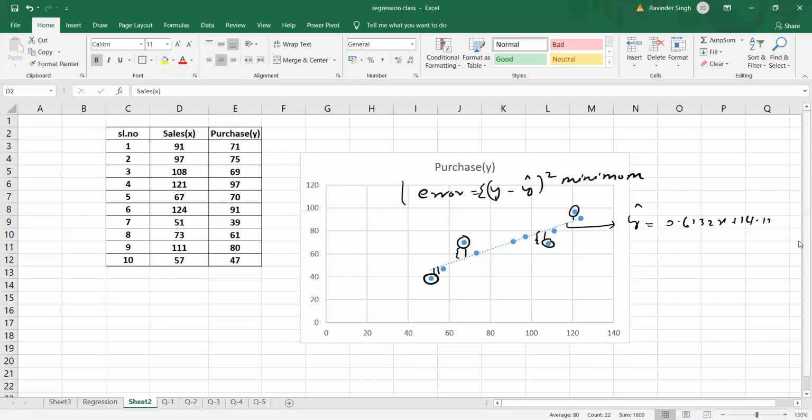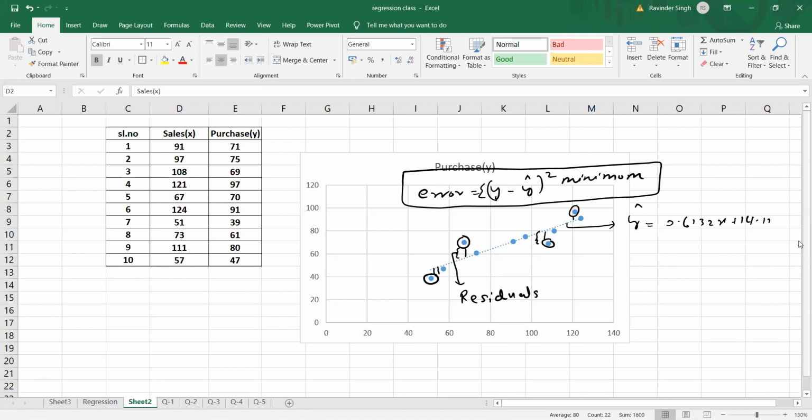And there is a big theory behind this, how to reduce the error. We have a method called the least square method, that I will not do right now. But understand here that these points which are left out, which are not on the straight line, this particular difference will give you some sort of error, or we call these residuals.